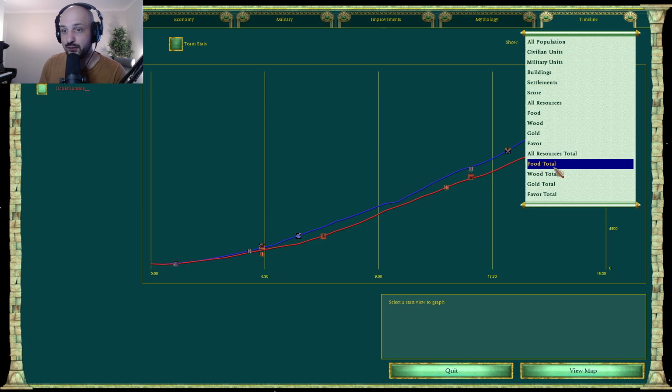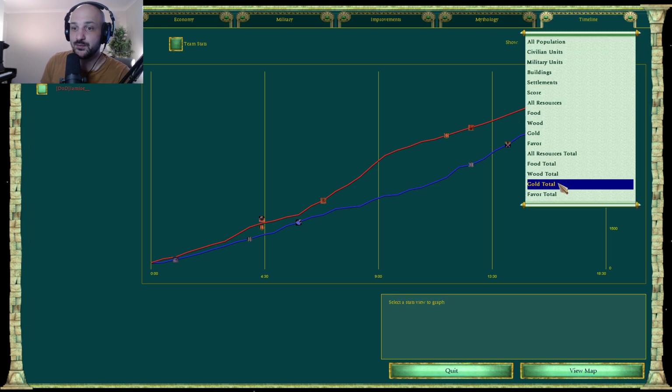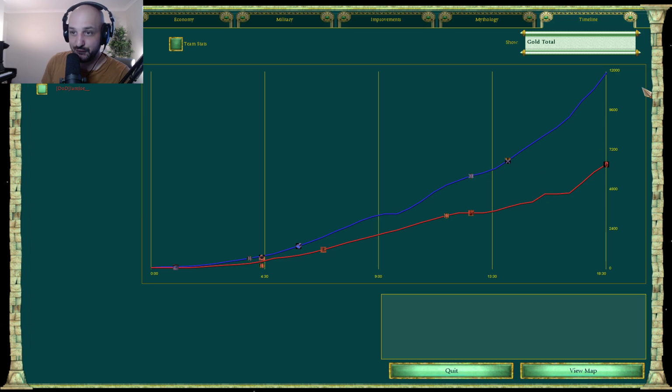If you take a look at the food total, this is where the difference really is. While Joe's got way more food than Matreiuss, Matreiuss had barely as many villagers on food. I think Joe would have had like 20 villagers on food or something, and Matreiuss would have had like 8. And yet it's this close. Gold total here, significantly in front for Matreiuss. Obviously, that's going to be the case with those